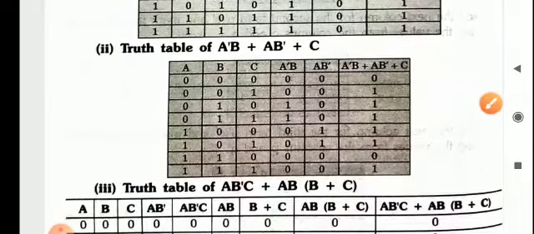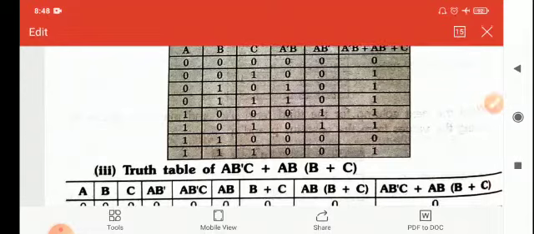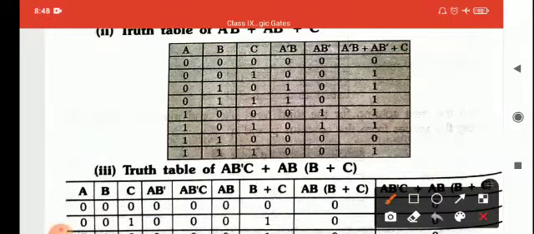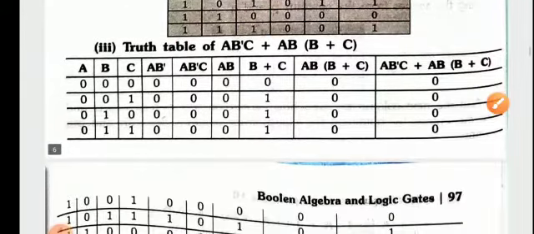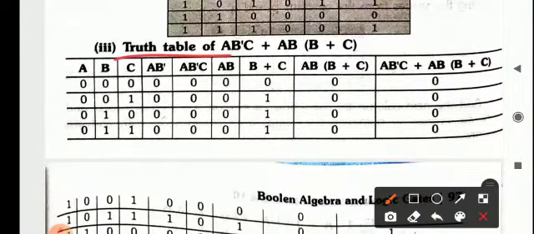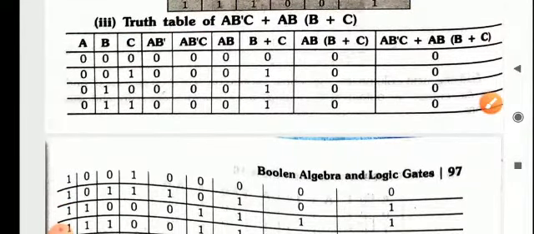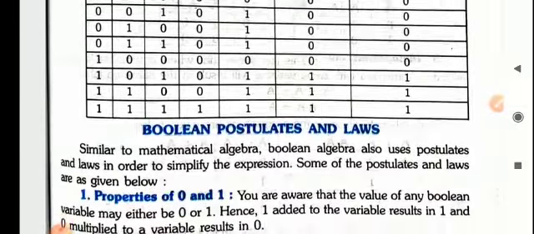After this you can see the table we are going to create. A, B, C is there, so first make all the 3-variable combinations, then A naught B: 0, 0, then 0, 0, then 0, 1 and so on. Then 1, 1 is there, and 4 times 0, because A naught B is there. You can either create a column for A naught or solve it in draft, and then use it. In the same way, for AB dot, that has been multiplied and the result is taken. This way the truth table will be formed.